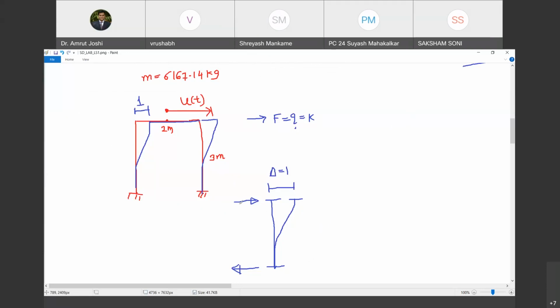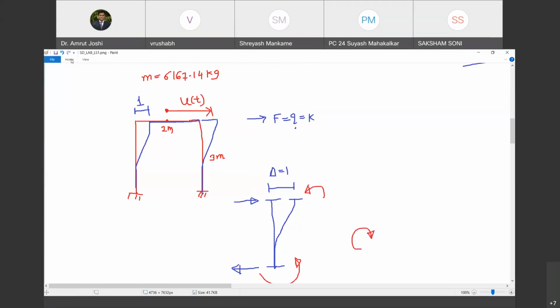Yes. So now you can see these two reactions for equilibrium are going to be equal in magnitude but opposite in sign. Their lines of action are parallel. So they are going to cause a clockwise movement. So to have this member in equilibrium at supports, there must be anti-clockwise moments produced. Do you agree with me?